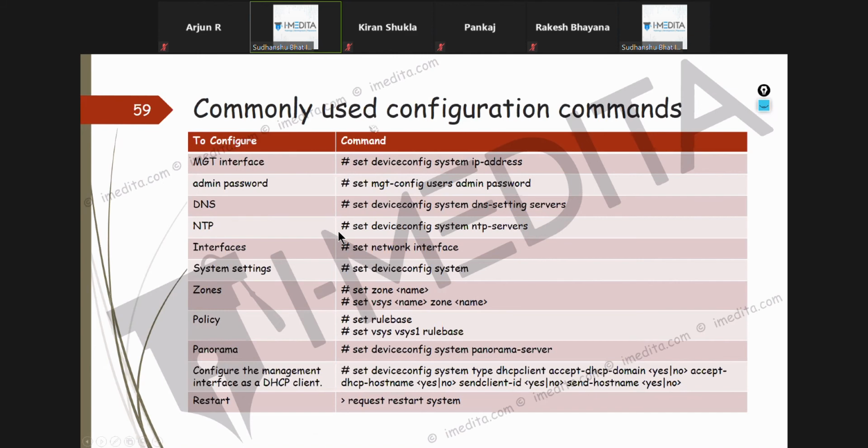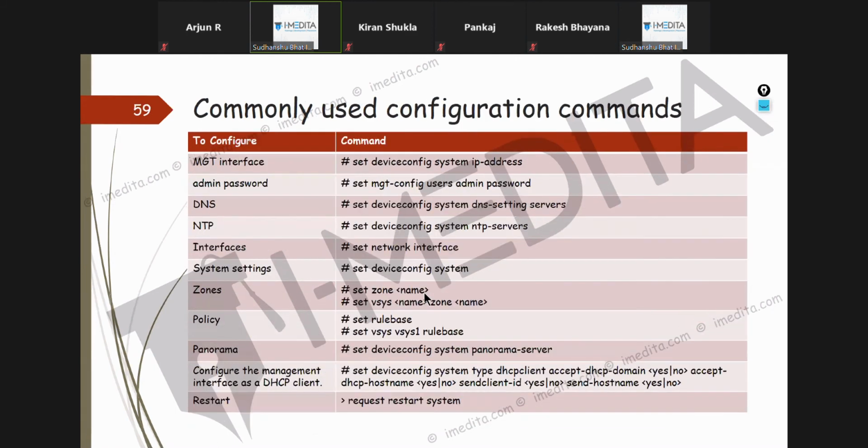The other commands that you can check here are these commands. They are all coming from the CLI quick start guide. We have included this so that you have a combined place where you can see all of the common commands.